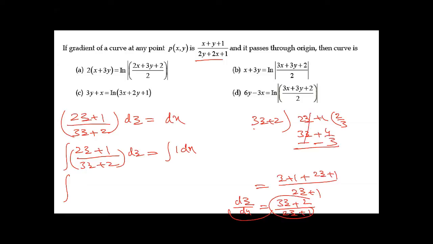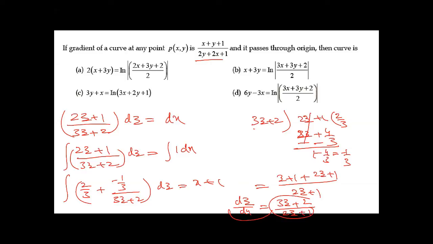So this cancels. This is 2z, sorry. So this is my 1 minus 4 by 3, which means minus 1 by 3. Correct? Now this entire value is 2 by 3 plus minus 1 by 3 by 3z plus 2 dz equal